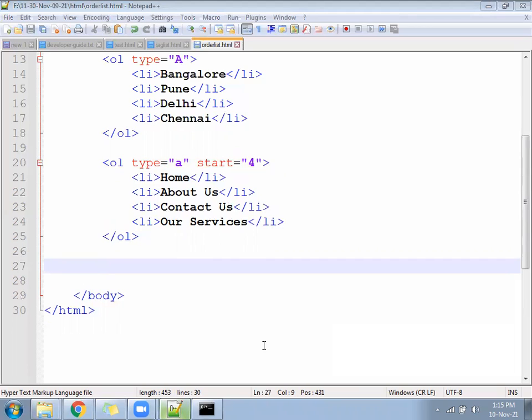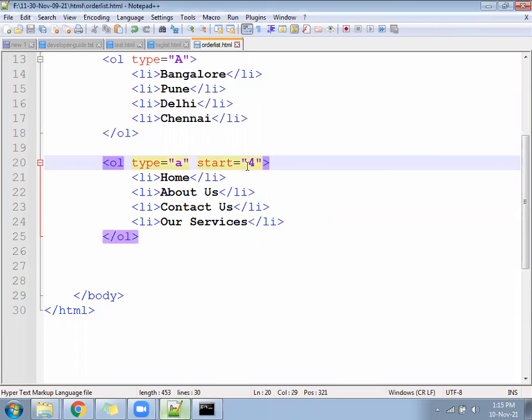It will start from the D because D is available on the 4th position. If you want to print from the M, M will come at which position? If you want to start from the X position, so many inside, right?